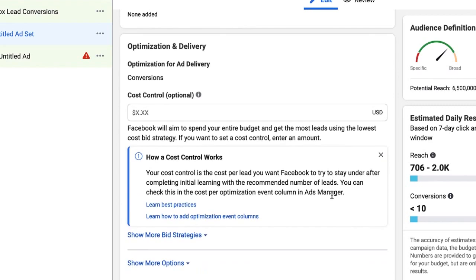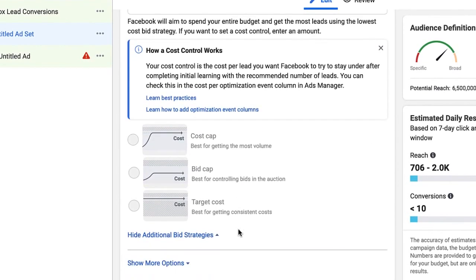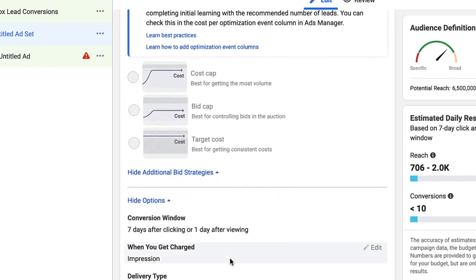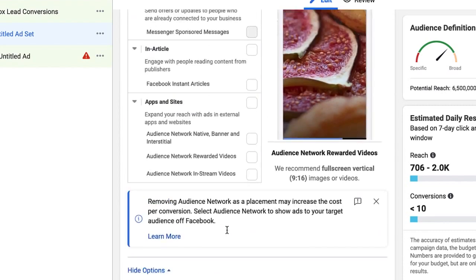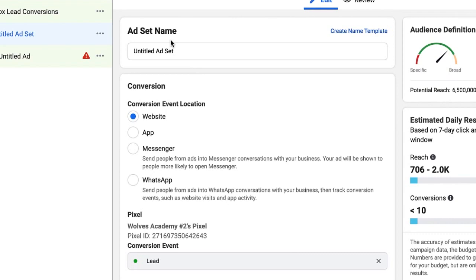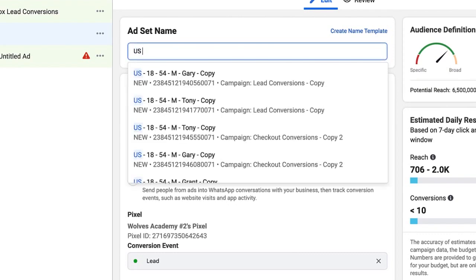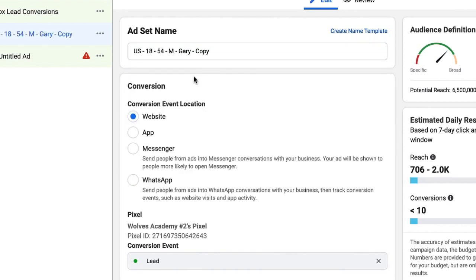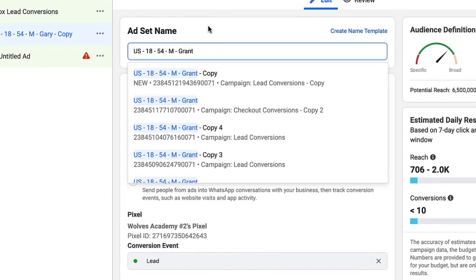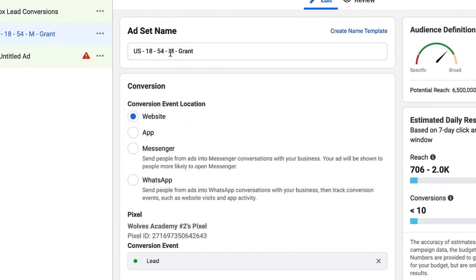Then I'm going to scroll down. As far as bid strategies, we're going to keep that the same, and as far as options for your conversion window, we're going to keep that the same. So basically, if we scroll back to the top, now that we've selected our audience, we're going to name it US 18 to 54. I already have one set up, but this is how you would name your actual audience: US, then your age, 18 to 54,